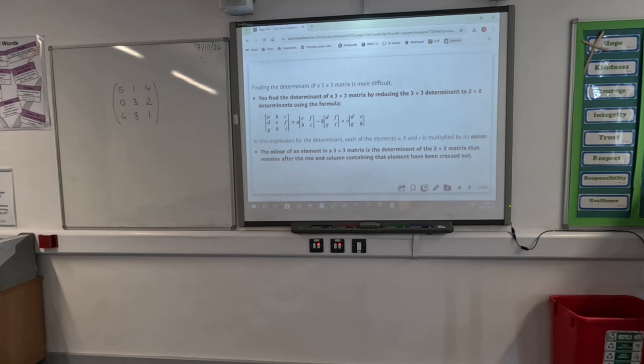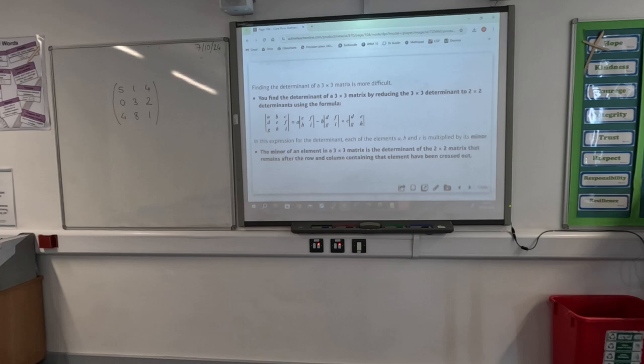When I put the 2 by 2 determinant thing in my calculator... Well, you don't need to do the 2. You can do the 3 by 3 on your calculator. So you don't need to do it this way. When you use your calculator, you can just go straight to type in a 3 by 3,